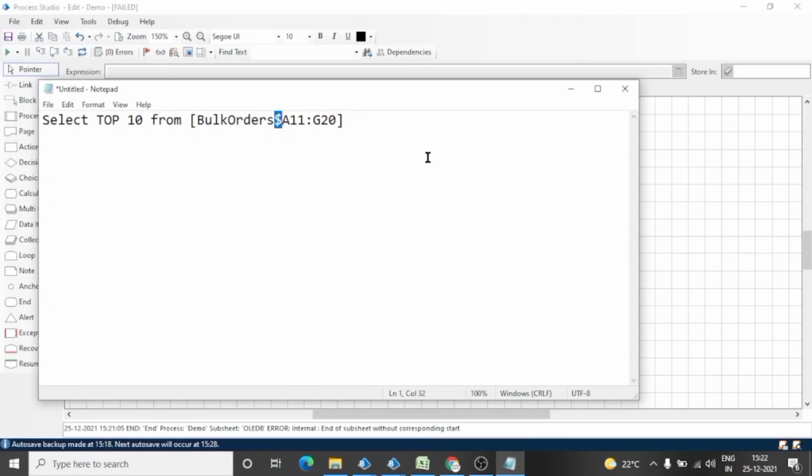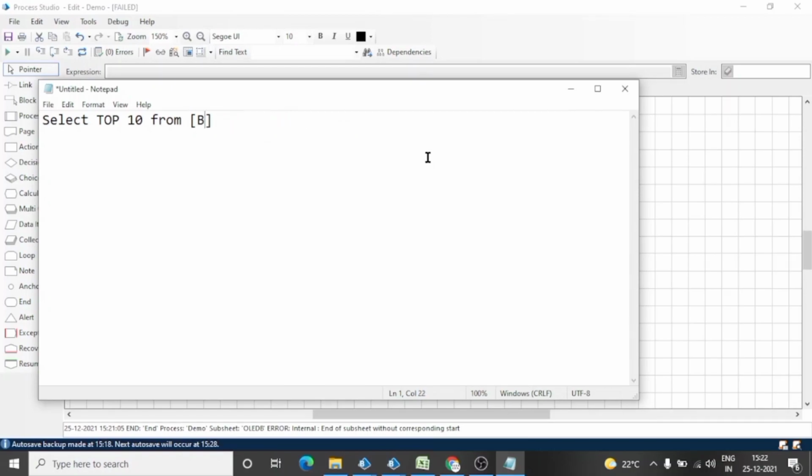We use it after the name of the sheet, and it tells us this sheet is already created. Here dollar indicates the Excel table or sheet already exists in the workbook, and if you want to create a new workbook or a new sheet, then do not use dollar.